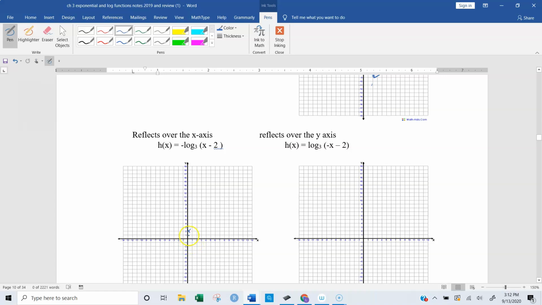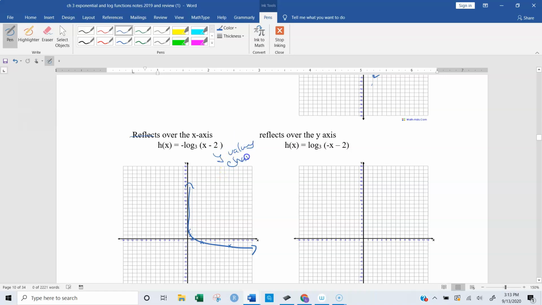Okay, at negative 1, you're going to be at positive 1. At 1, that's 0, still going to be 0. Now you would have been at (3, 1), so now it's going to be (3, -1). And then it would have been (9, 2), so it's going to be (9, -2). You have reflected over the x-axis. We just took all of our y values and made them negative. We flipped their spots. So we're going to reflect over the x, the y values,